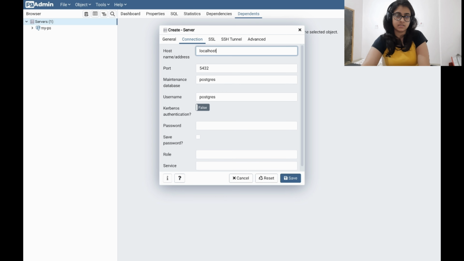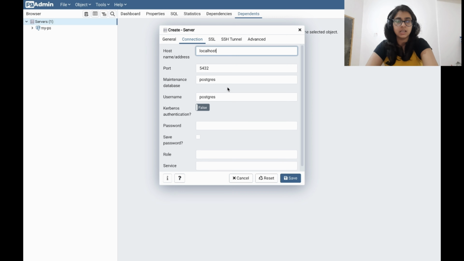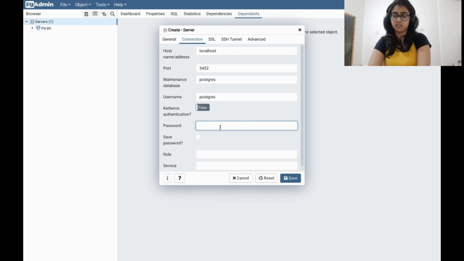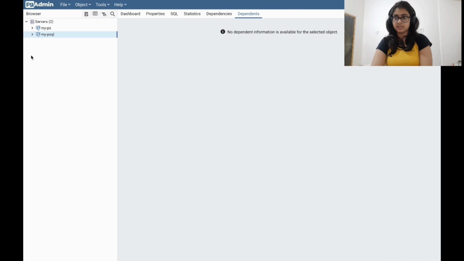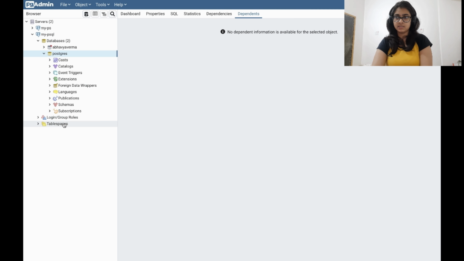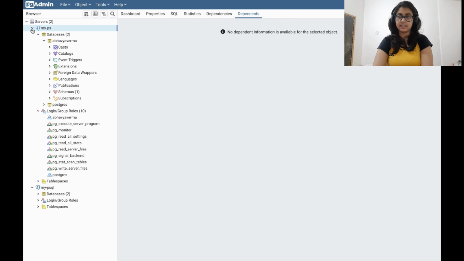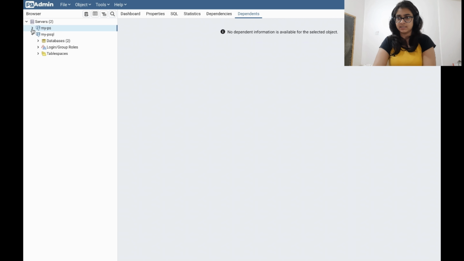And remember your master password. In case you forget it, please reset it by going back. It will give you the option, and you can give any password you like and save it. Now you can see MySQL is also present here, and you can see all the databases, my database is here and everything. So I will be using this one, but for all the instances I created, I will show you as an example.